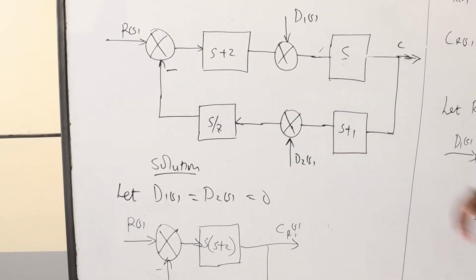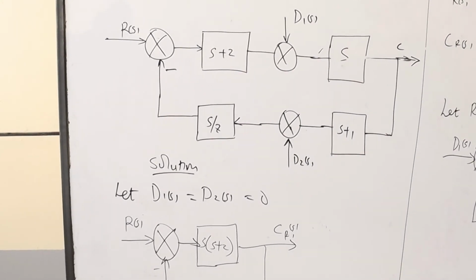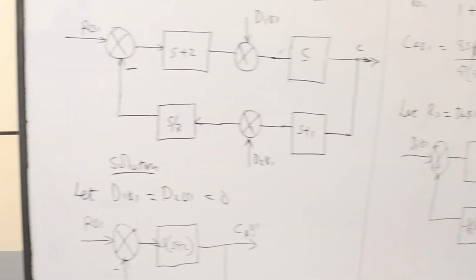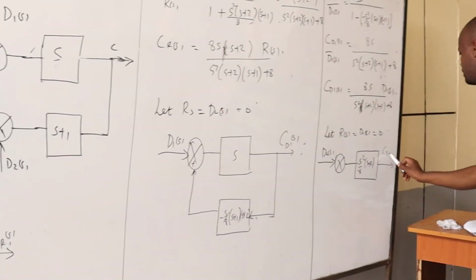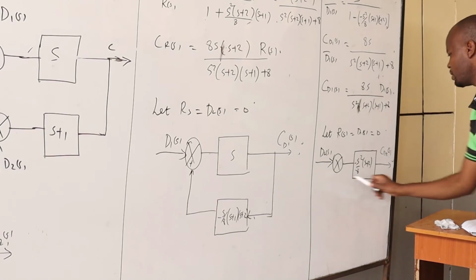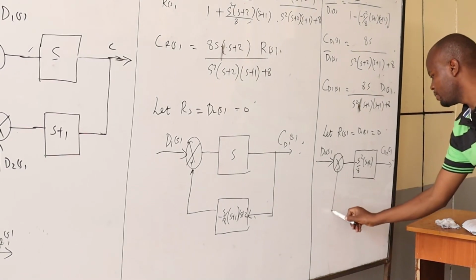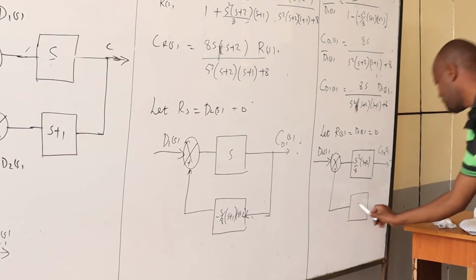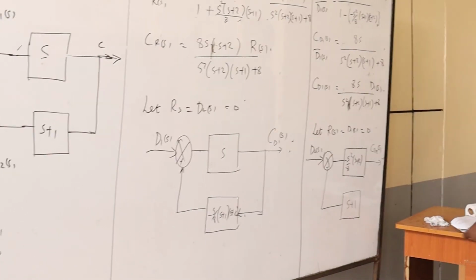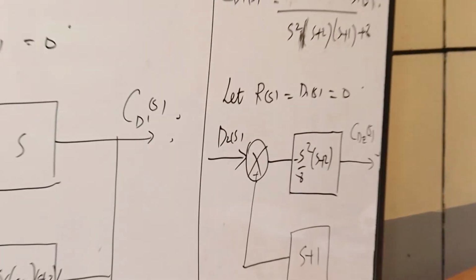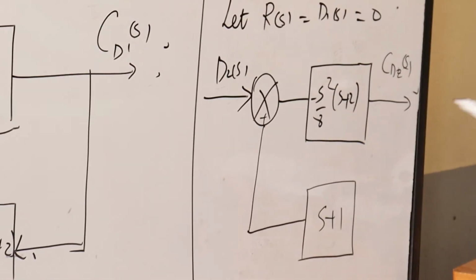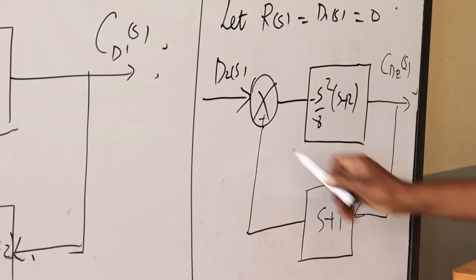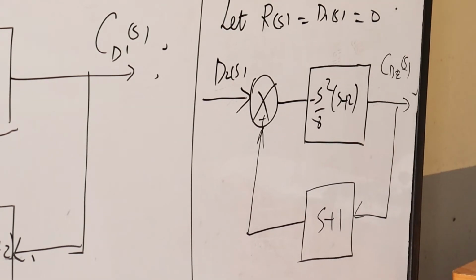Up to C. Then the feedback we are going to have, of course, is going to be C D2 of s. So at the feedback, which is positive, we are going to have s plus 1. So that is what we have in that case. So if we evaluate it,